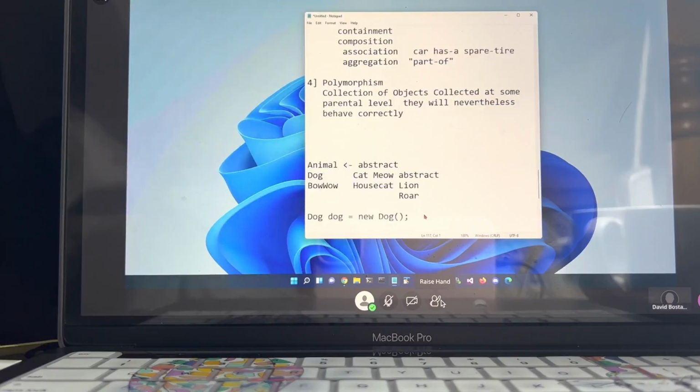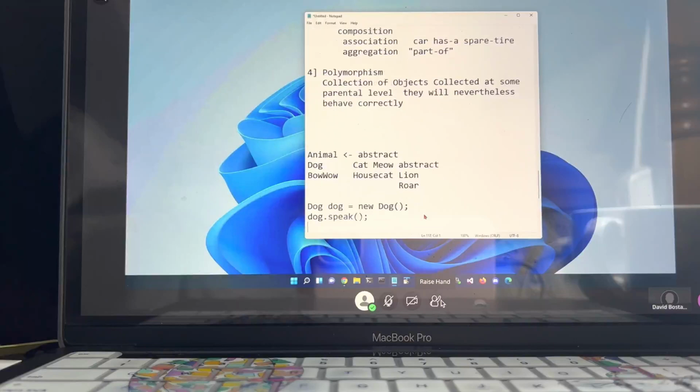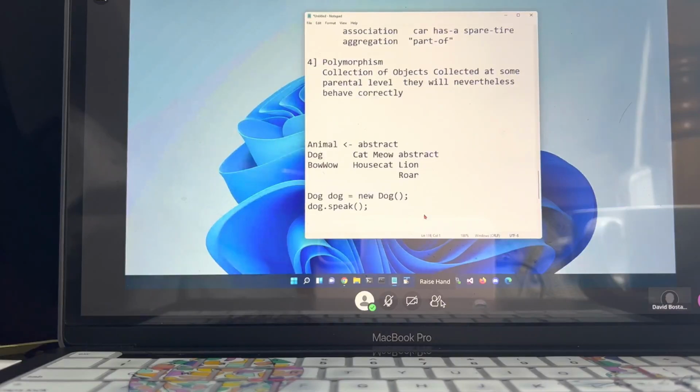And then I'm going to have a line that says dog.speak. And we're going to hear bow wow. And somebody tries to create a cat that doesn't work, but they decide they're going to create a house cat. It's spelled the same way.